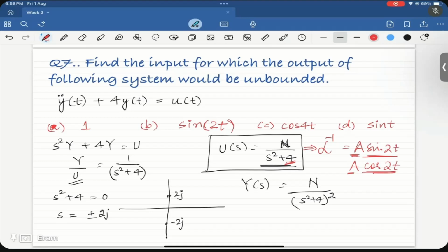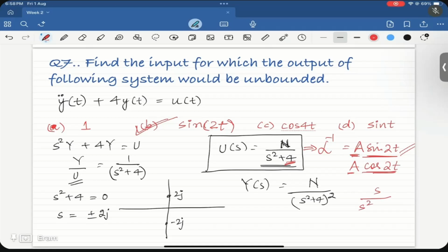Yes, we have identified that sin 2t can make the system unbounded, because it will create repeated poles on the imaginary axis. So sin 2t is an option. What about cos 4t? No, because the Laplace of cos 4t will be